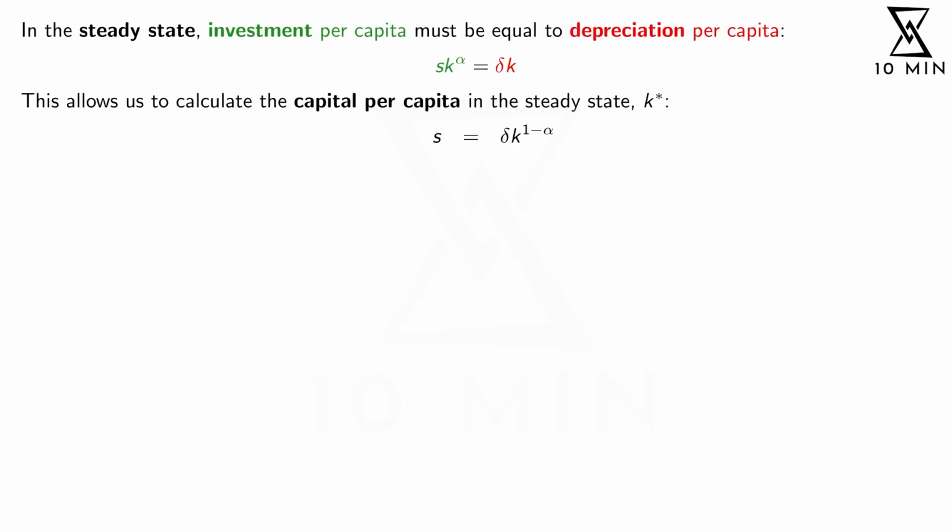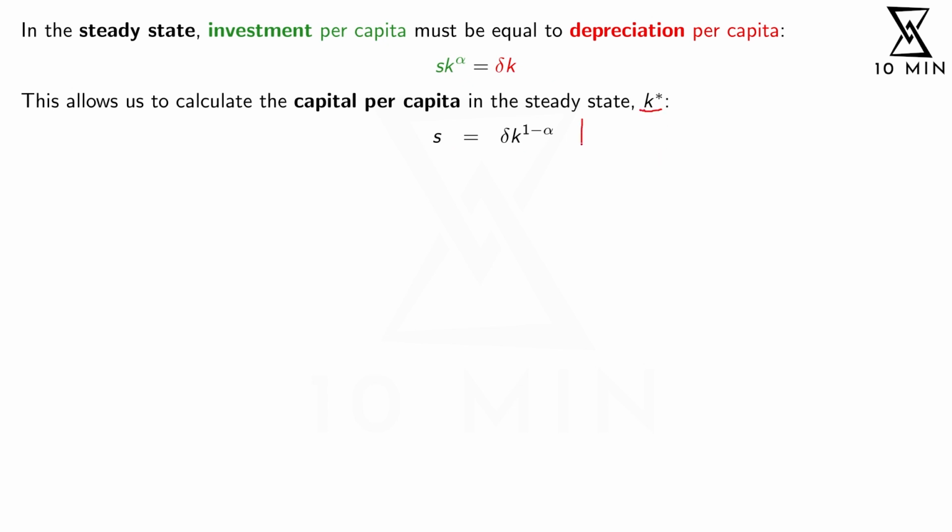Fortunately, we can calculate the steady state very quickly. In our long run equilibrium, the per capita savings rate times income per person has to be equal to the depreciation per capita. So now we simply have to solve this for the amount of capital where both lines meet. First step, we divide both sides by k to the power alpha. Then on the left hand side, it obviously disappears. And on the right hand side, I can either divide by k to the power alpha, or I can multiply by k to the power minus alpha. Remember that we want to isolate our capital stock.